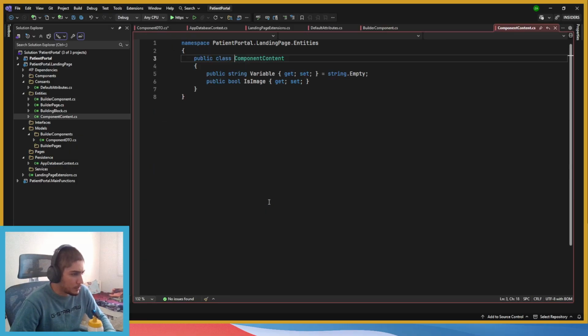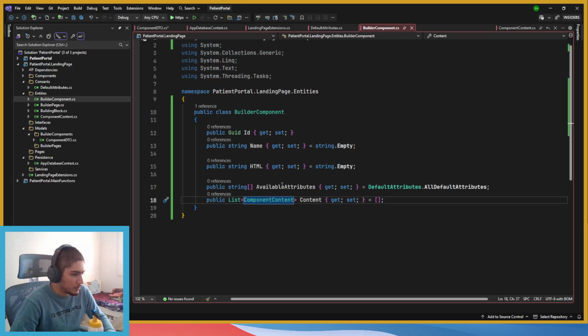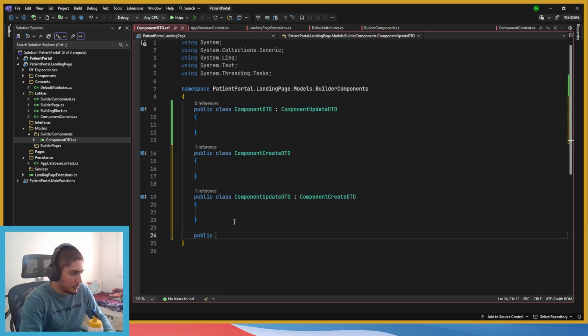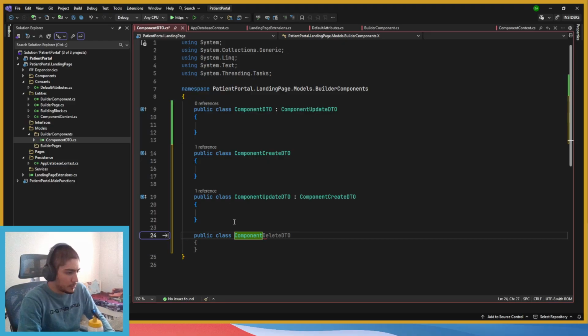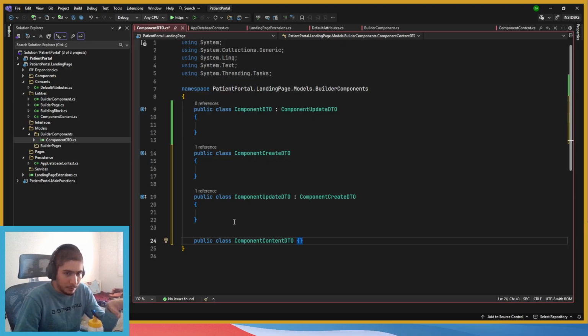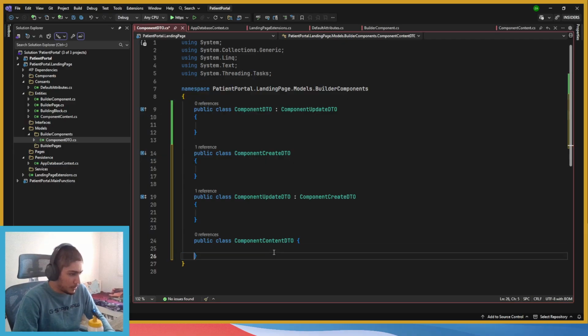No, component content. You're going to have to create something this way. So component content DTO. I don't think I'm going to need the create DTO or update because these will be updated automatically. So whenever we have a new variable in the template, it will be detected and added as a component content. So this is part of the